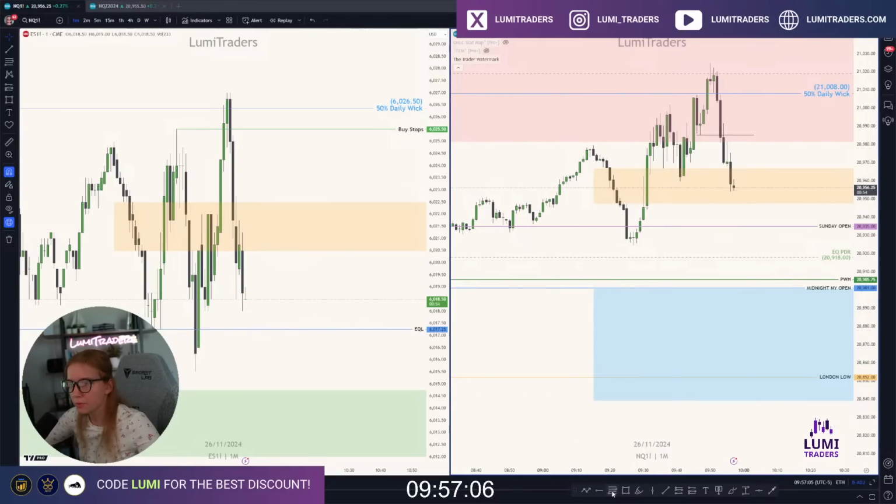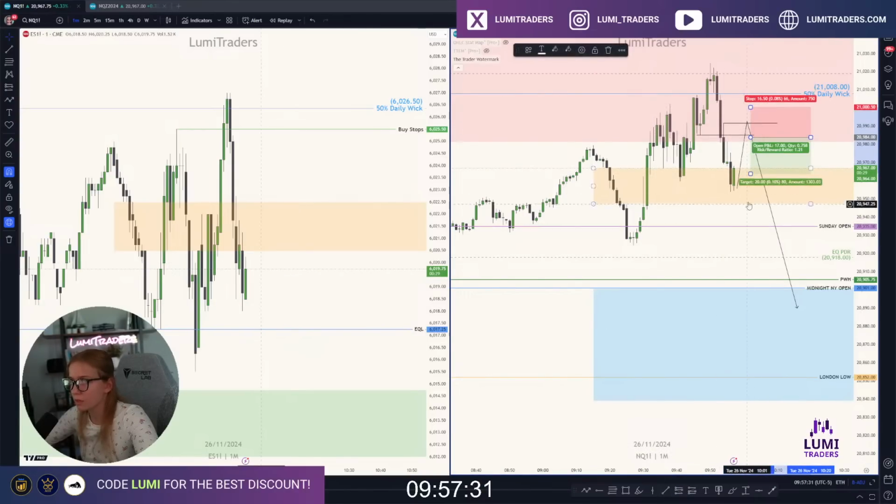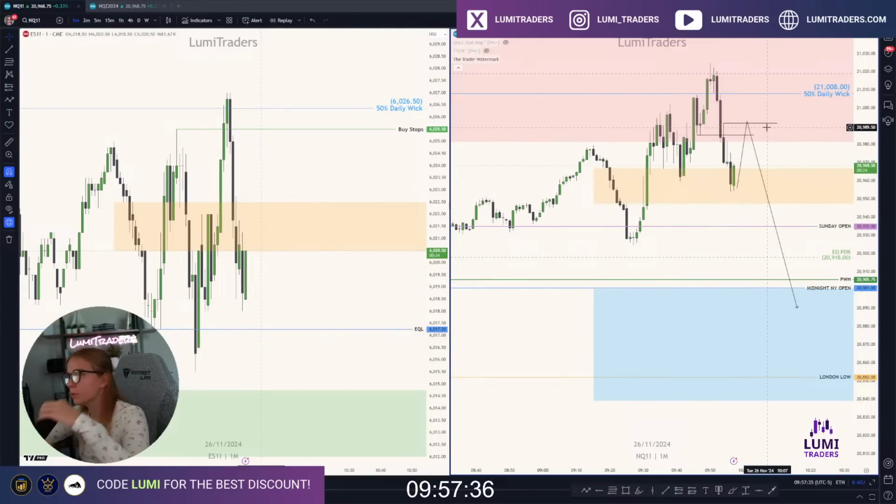Because in my opinion, if it wants to continue going lower, news in 3 minutes, maybe it's going to jump right here, somewhere right here. And if it wants to be just a sweep, I'm going to say it's going to be a liquidity sweep. We can drop like this. But ideally, if I want to short, I don't want to short right when news comes out, but the idea can be based on only a sweep right here. Sweep and that's it. It can look like this. But once again, I will be interested in this if it wants to be sweep only.